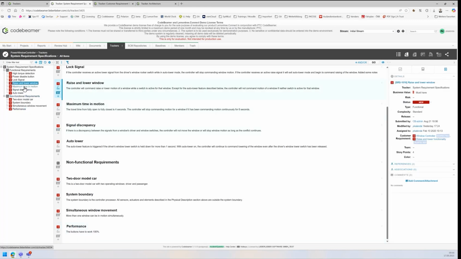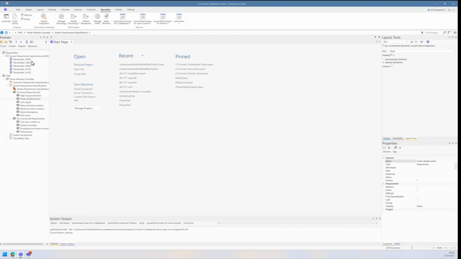If I take this raise and lower window requirement, you can see it has a customer requirement field. This is a reference field which points to 2 requirements from a different tracker. Since I have not yet imported this tracker,